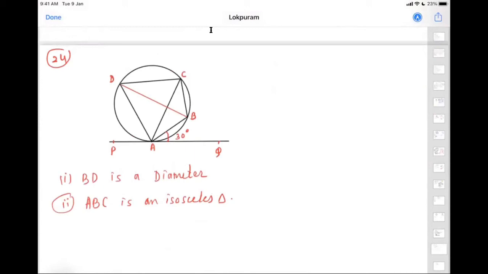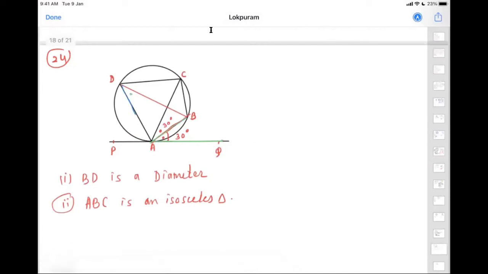We have in the adjoining figure, PQ is a tangent to a circle at A. AB and AD are the bisectors. This line is the bisector of an angle. Which angle's bisector is it? CAQ. So these two angles should be the same. So this should also be 30 degree. It will be 30, right? Yes, sir. If you see, this is the angle in the alternate segment. Is it visible? Yes, sir. This angle should also be 30, but this is also a bisector, the blue one.